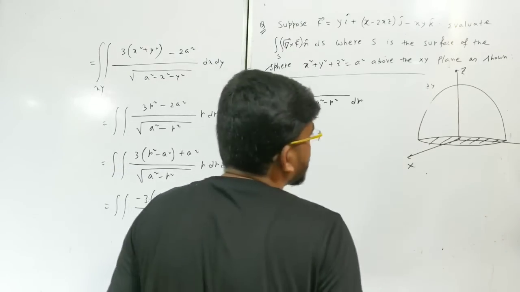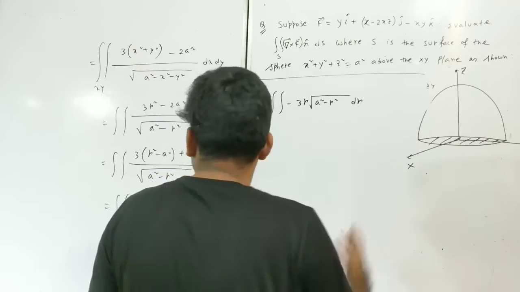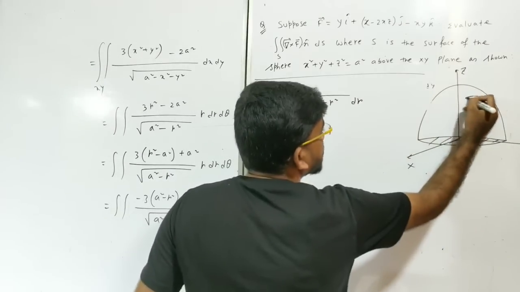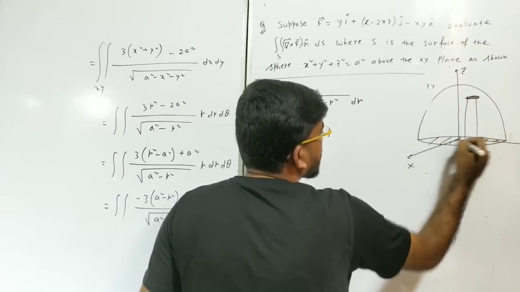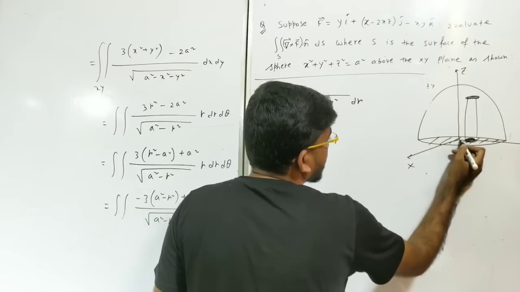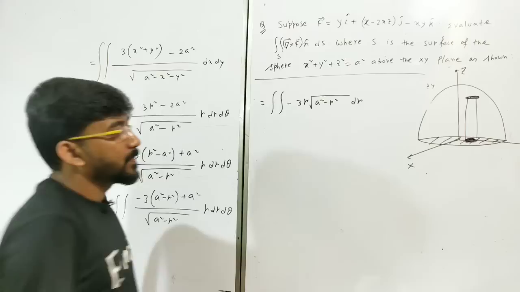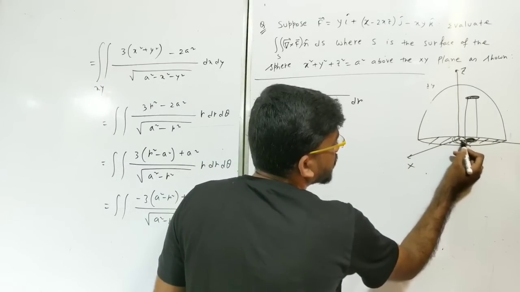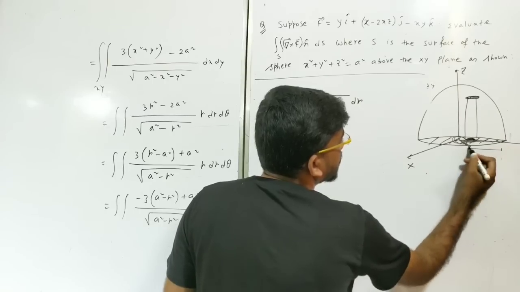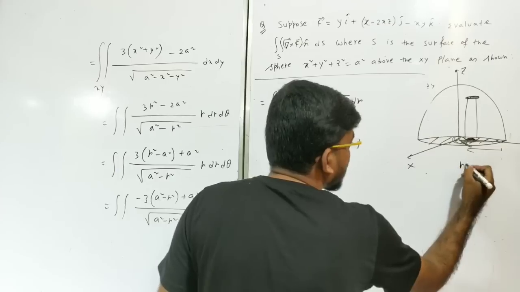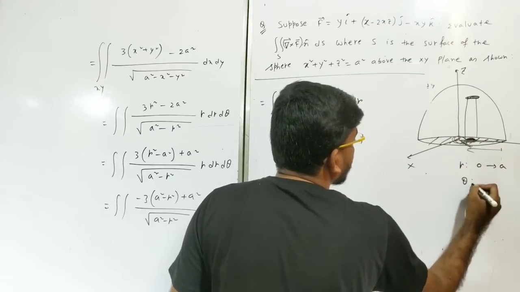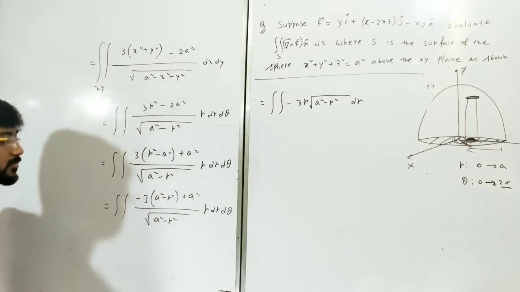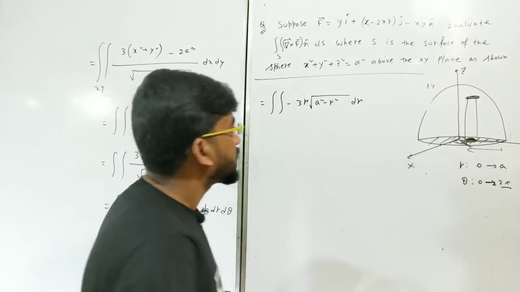So you don't need this picture actually; this picture is needed just for finding out the limits. Because we have the surface here and we have taken the projection here. So now this surface element has the position coordinates r comma theta, and theta will vary from 0 to 2 pi and r will vary from 0 to a. So this picture only tells you that r varies from 0 to a and theta varies from 0 to 2 pi. This gives you the limits of this integration only, otherwise you don't need this picture.